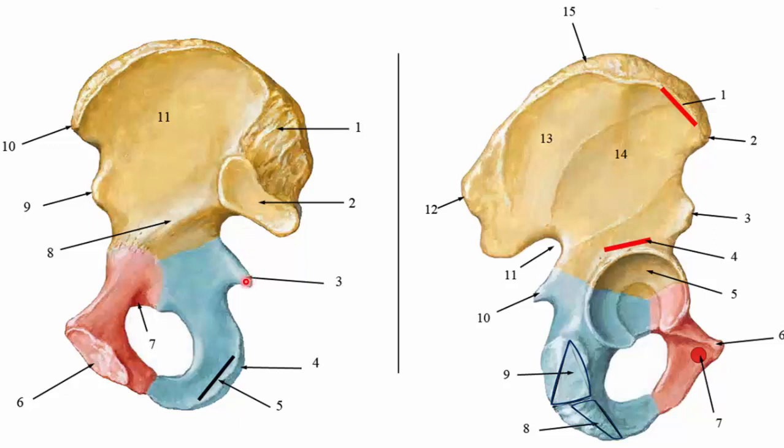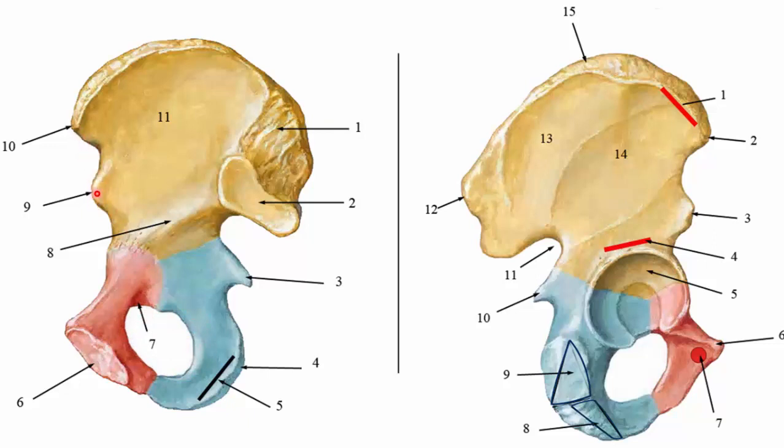Number 3 is the ischial spine, to which the sacrospinous ligament is attached. Number 4 is called the ischial tuberosity, and number 5 is for attachment of the sacrotuberous ligament. Number 6 is the symphysis pubis, which is secondary cartilaginous, related to the epiphyseal cartilage. And number 7 is the area related to the obturator artery, nerve, and vein, because this foramen is called the obturator foramen.